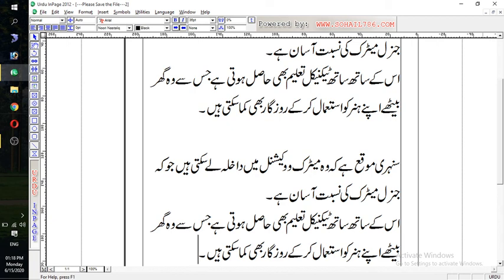So this is the way. Now you have to write down this paragraph at your home for your practice. Is there any question, then ask me, and remember the keyboard of Urdu in page, because you have to write down so many pages, I will give you the task.